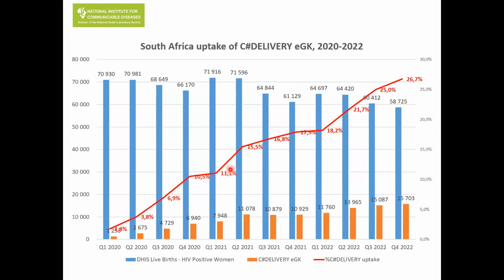It's been really slow going, but as of Q4 2022, that's calendar quarter, we're sitting at just over a quarter of all of the maternal viral loads that should have been done were done with this code. And it is going in the right direction. It's been slow going, and we've been trying to support the field in terms of identifying where the gaps are,